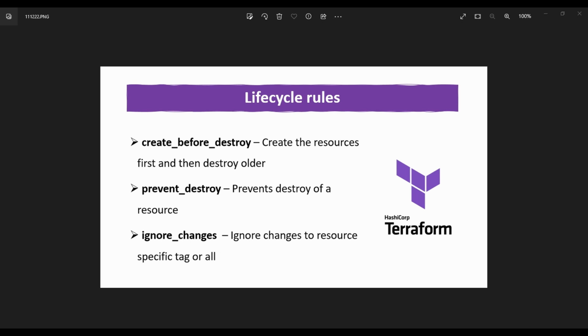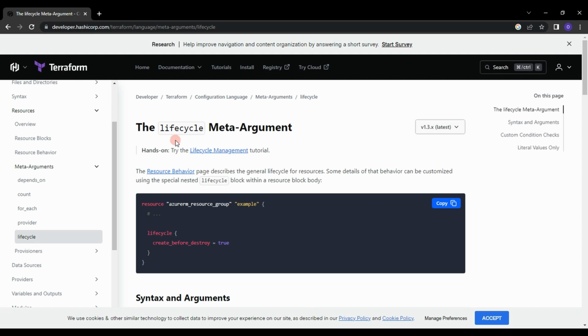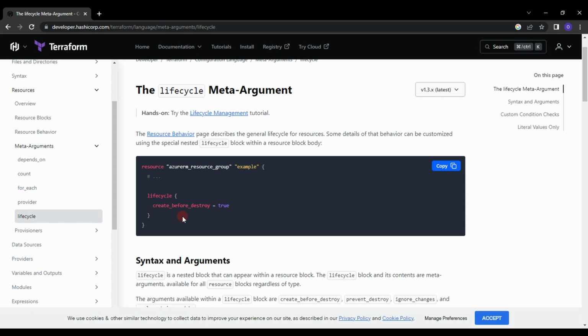So let's see the official documentation also. If you go to developer.hashicorp.com, you will see the lifecycle inside the meta arguments, and you can read more information in the documentation. It gives a lot of examples. You can see the syntax and arguments,